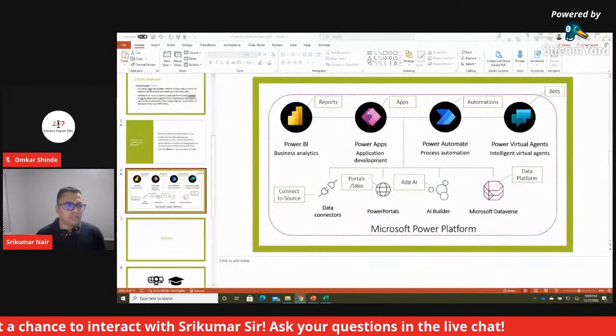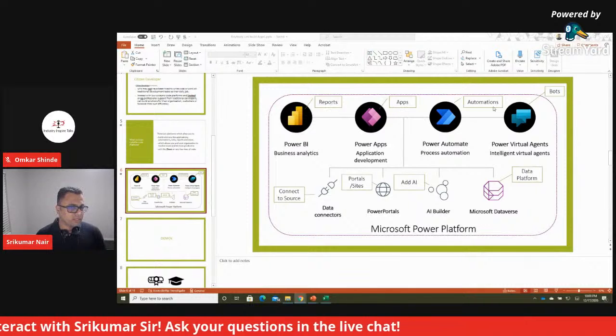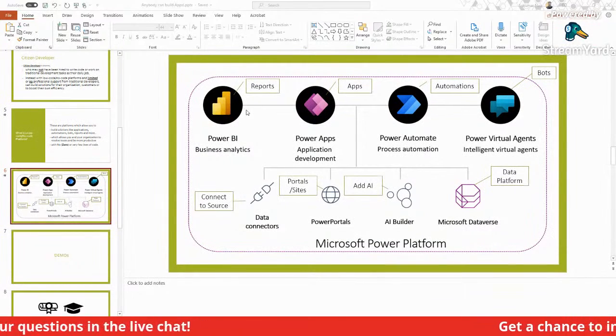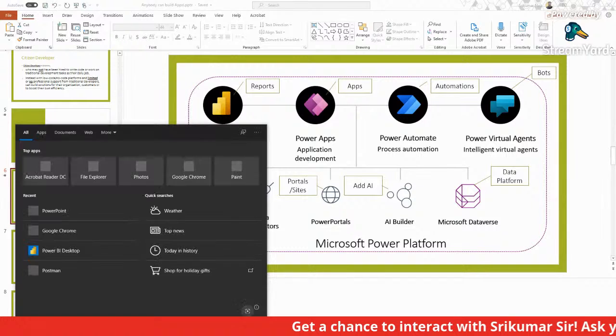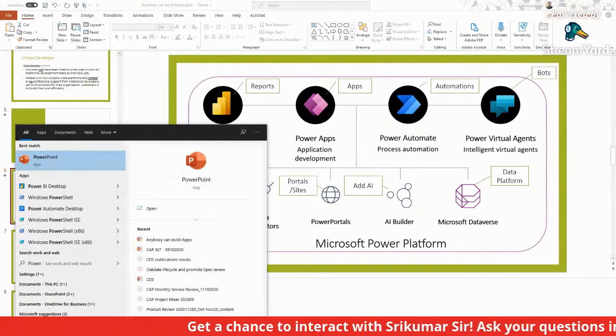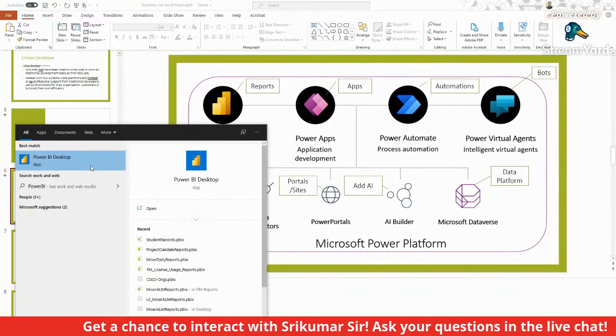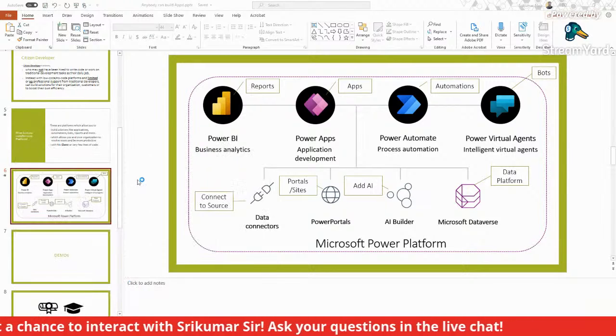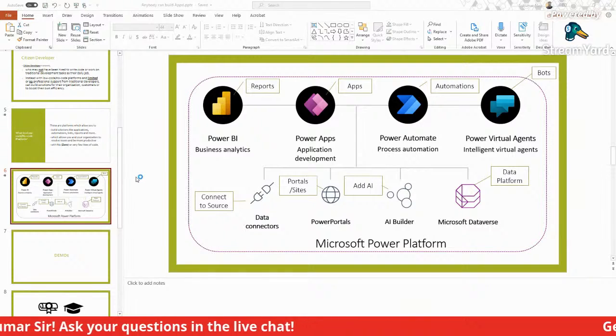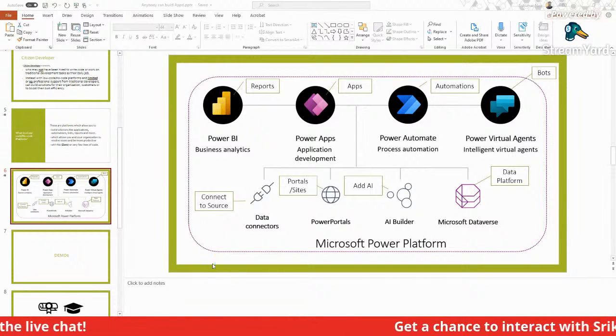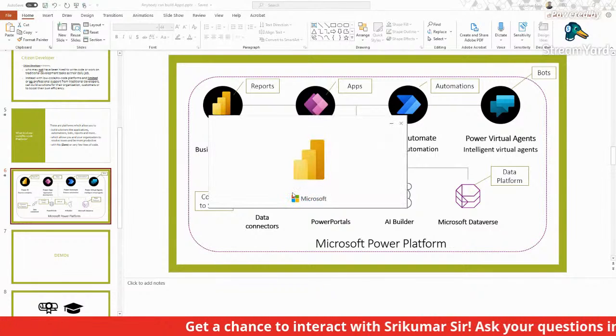Again, we said we will do the apps, we did the automation. Bots, let's just pause it because we are running out of time. Let's do the reports portion of it. Reports are definitely built in Power BI. So you would definitely want to open up the Power BI desktop. I might have to sign into this account that I'm using here. And once that is done, we can see how fancy reports can be created using the data in the Excel, be it SharePoint or whatever.